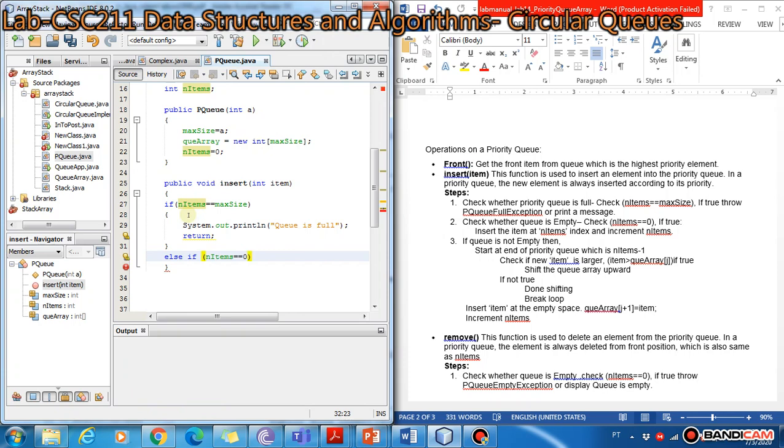If the queue is empty, then what we do is, here you can see the algorithm: if queue is empty, insert the item at index 0. So we just insert at queue array of nItems the item that we pass to this priority queue, and we increment nItems. So nItems is equal to nItems plus 1, or nItems plus plus, or you can even